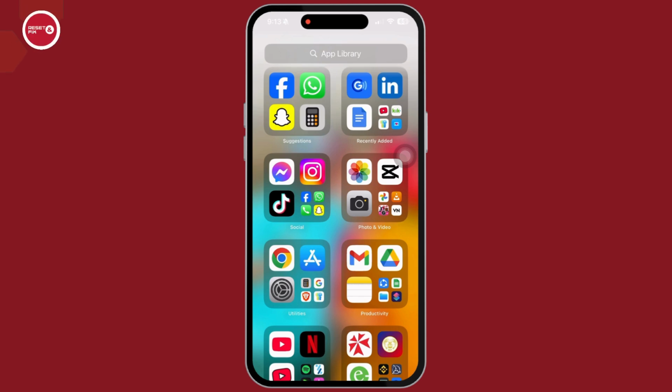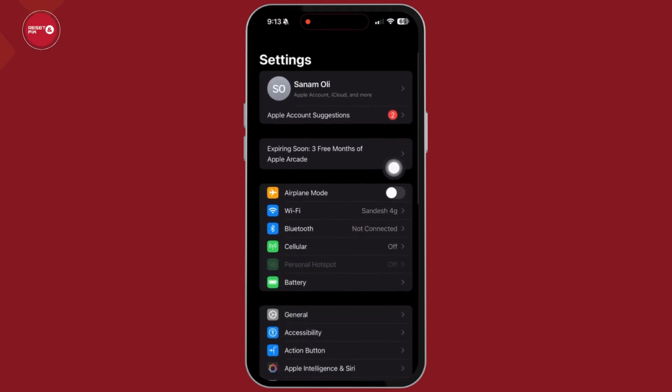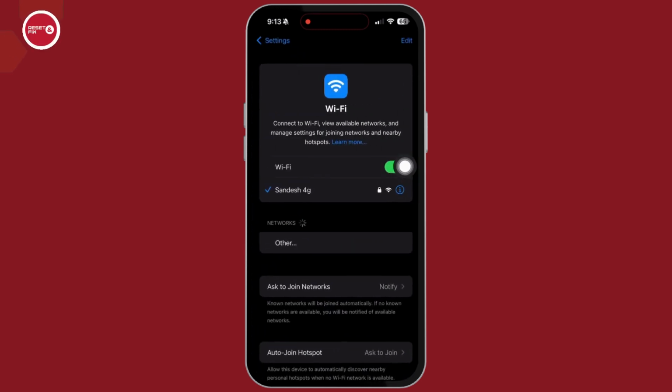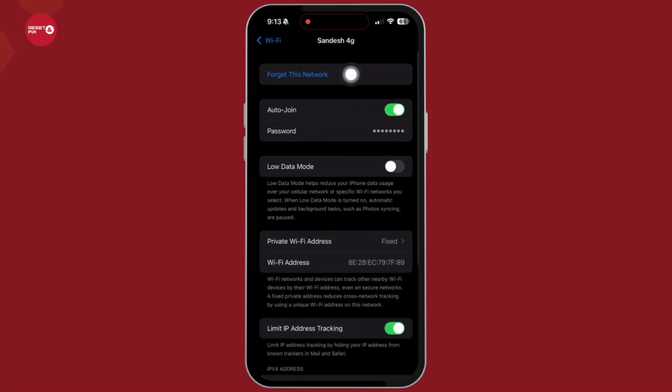Firstly, on your iPhone, open the Settings app. In Settings, go to the option of Wi-Fi. Sometimes because of your network lag, the videos might not be loading. In this case, be sure to check your network strength. If your current network is lagging, then tap on the option Forget this network and re-add the same network or